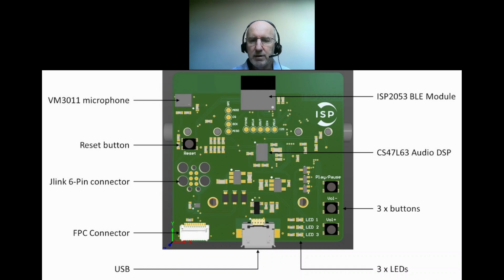The other significant component for the audio part is the audio DSP. It's a Cirrus Logic device. This we're using really just to do the analog to digital, digital to analog conversion. There are many other features on that that are quite interesting for a sophisticated audio application, but that's what we're using it for. The 2053 does have analog to digital converters on board, but they're not really of the right quality for audio. They're more for sensing, measurement type applications where you don't need the same level of precision.